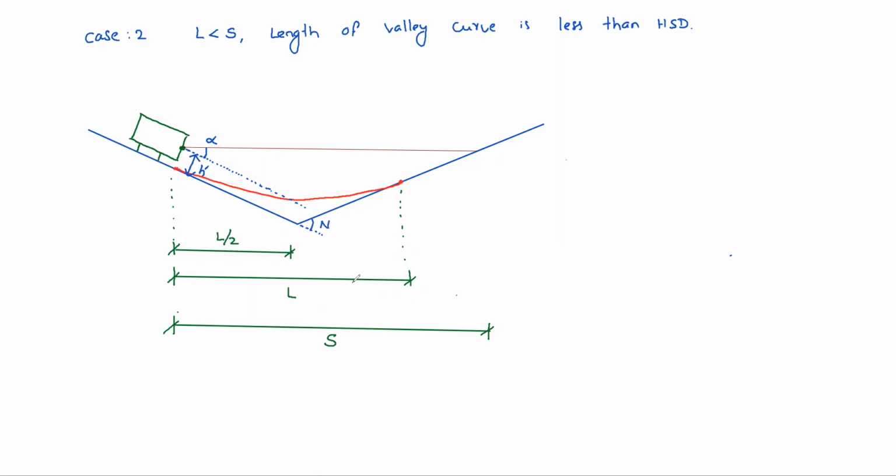Now basically here to here, you can guess what this is. That is, this one is S minus L by 2. Because total is S, minus L by 2, you get this as S minus L by 2. So S minus L by 2, and if you consider this one,